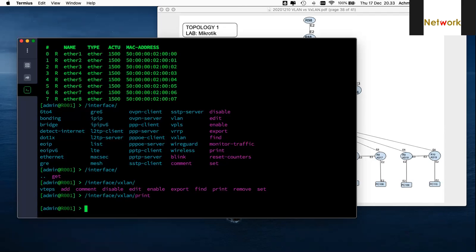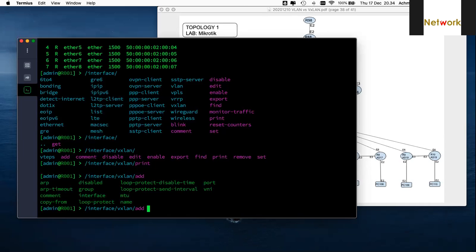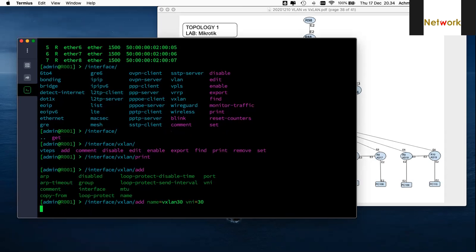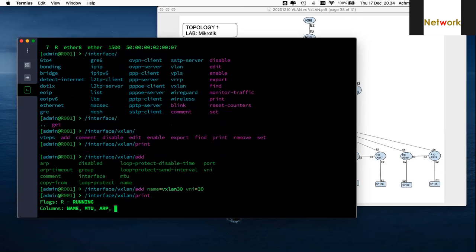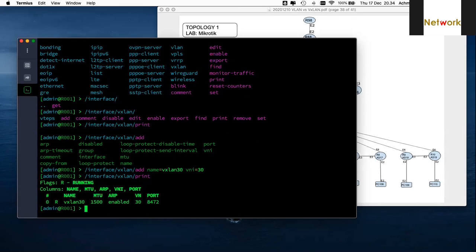So actually what you can do is VxLAN add, you can choose a name, for example VxLAN 30, VNI is 30, and then you can display, here it is. So this is the VxLAN, and the VxLAN is using port 8472.